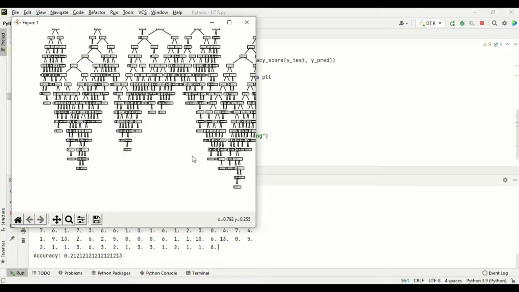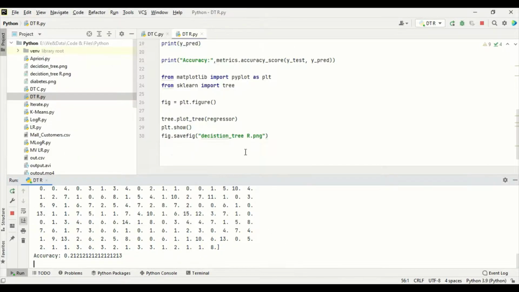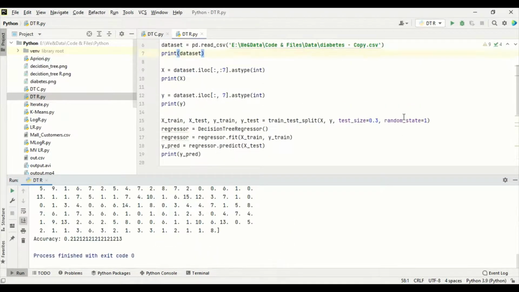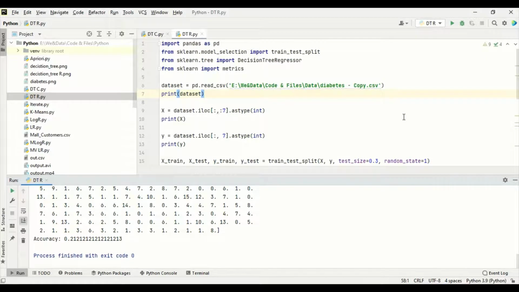Since we have not given them, the algorithm itself produces the maximum number of combinations. This is the layout for the full decision tree regressor. This is about decision tree regressor.